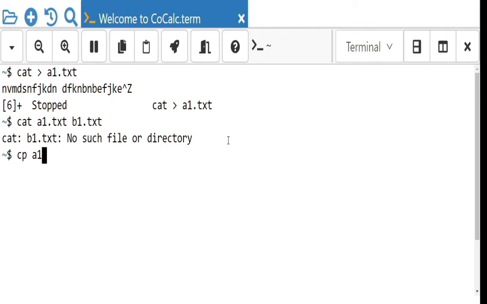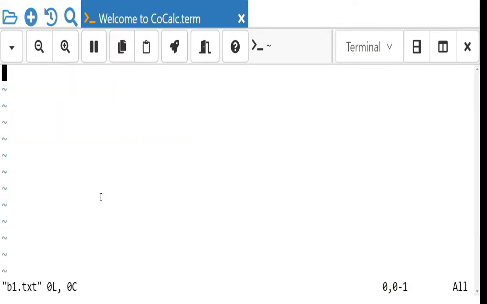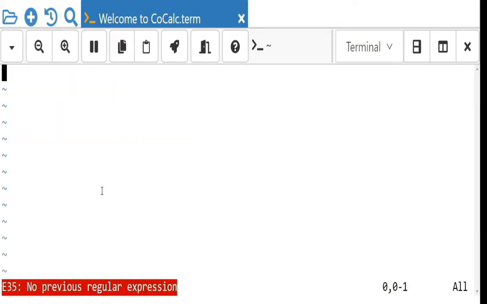Same thing I am going to do by using the cp command with b1.txt. Here also I have not created the b1.txt file. Now just display b1.txt. Nothing is there, right?